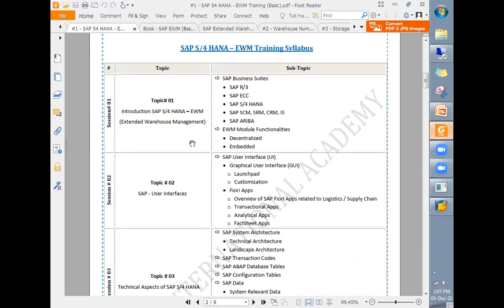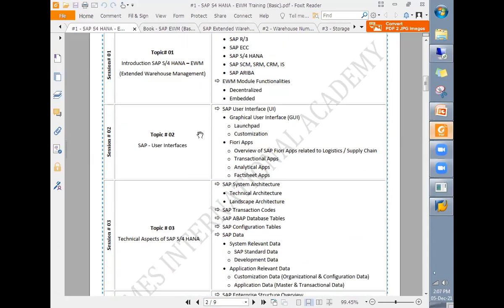So here we will be starting with introduction to SAP S4HANA, then user interfaces. When it comes to user interfaces, in ECC, only the graphical user interface was available. However, in S4HANA, an additional user interface, the Fiori app, is also available.